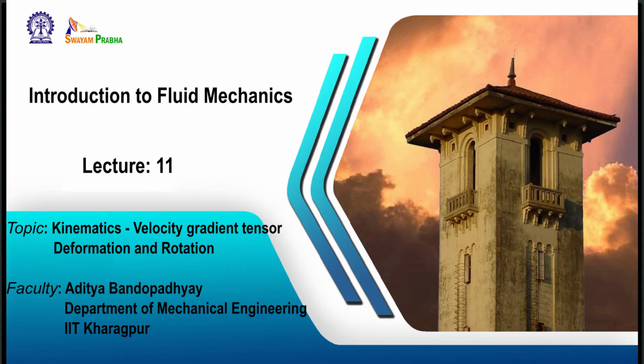Let us look at the definition or the description of the velocity gradient. So consider a point in space and the velocity vector is u, essentially which is u v w at a given point. In the neighborhood of u, let us consider a point, say u plus du. Now let us try to relate the velocity at this particular point in terms of this.